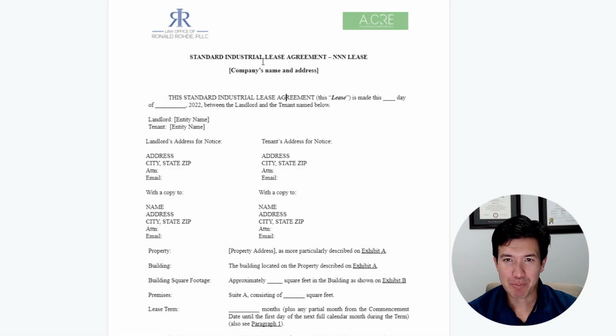All right, again, the title. Some people ask me, does the title actually matter? And from a legal purpose, no. This can say triple net, or it can just say lease, and it's up to a court or the parties to interpret what it really means, because triple net is a broad term. While the name can be useful and certainly guiding intent, it is not controlling in terms of whether the lease is actually a triple net.